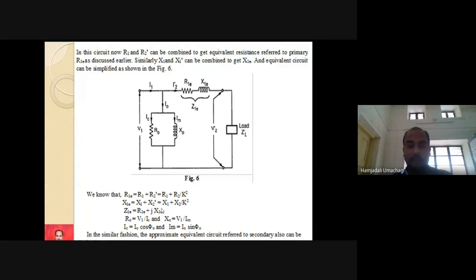Till here you have to draw the circuit diagram and write the corresponding equations also. And this will be one of the important questions. Yesterday's phasor diagram is also important, and today's exact equivalent circuit is also an important concept. Using this concept only, we are going to estimate the efficiency and voltage regulation of the transformer in the next experimental method, that is the open circuit and short circuit test on the transformer. Are you getting, all of you? Do you have any doubts?